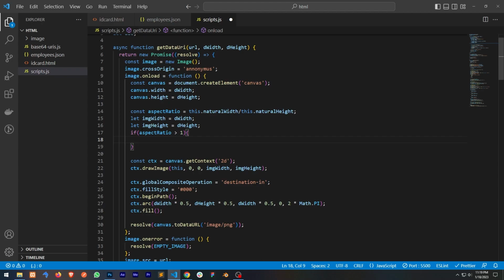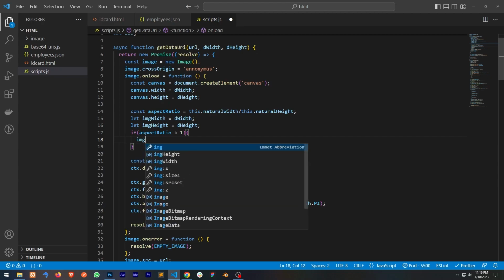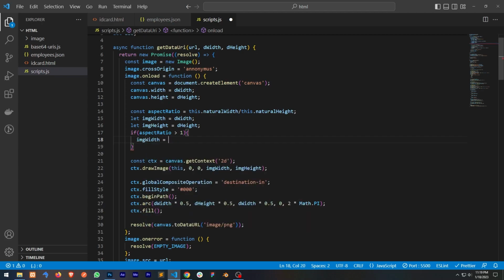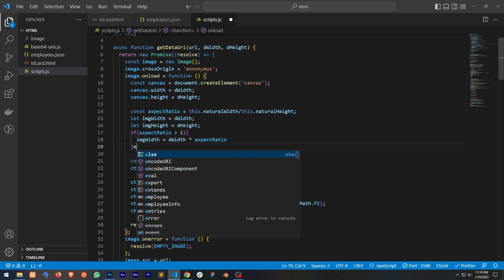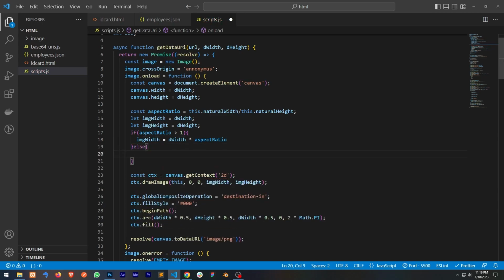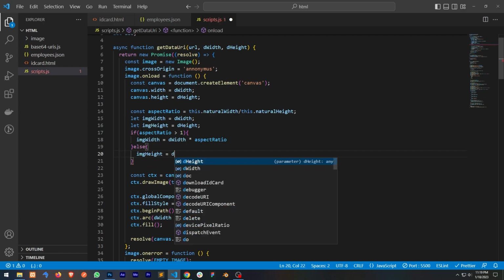That is, the height will be equal to the display height, but we need to update the width. So imgWidth will be equal to the display width multiplied by aspect ratio. For the else case, if the height is greater than the width, then the width will be fixed and we need to update the height. So the image height will be display height